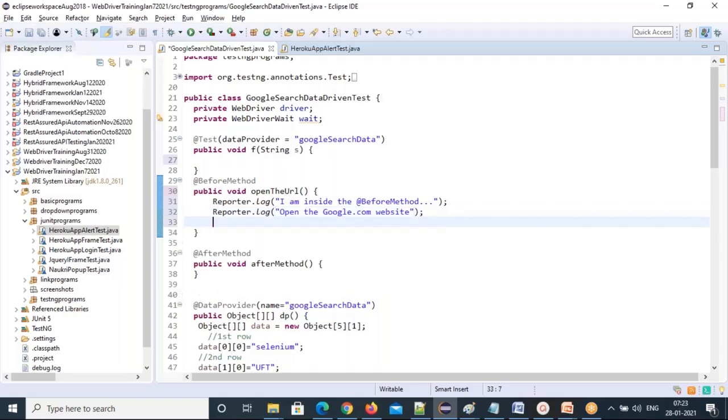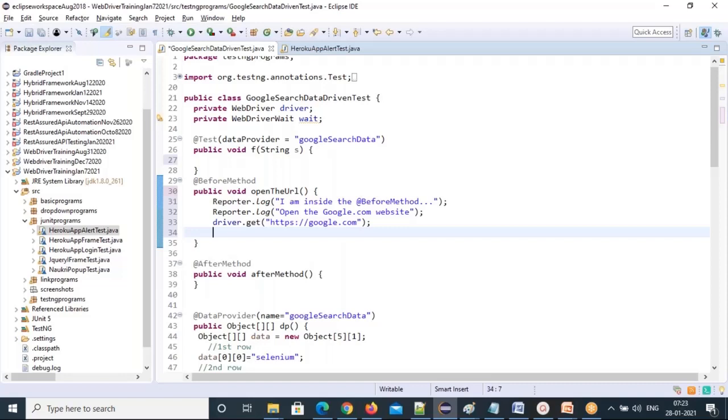Right? So what is the code? driver.get of URL. So what is the URL? https://google.com, you type it. Then you need to wait for the page title, right?